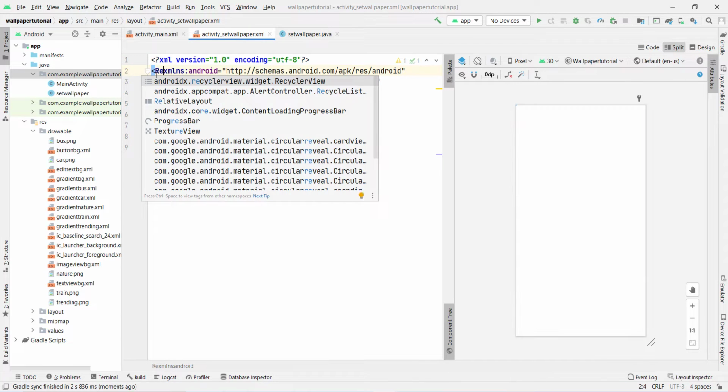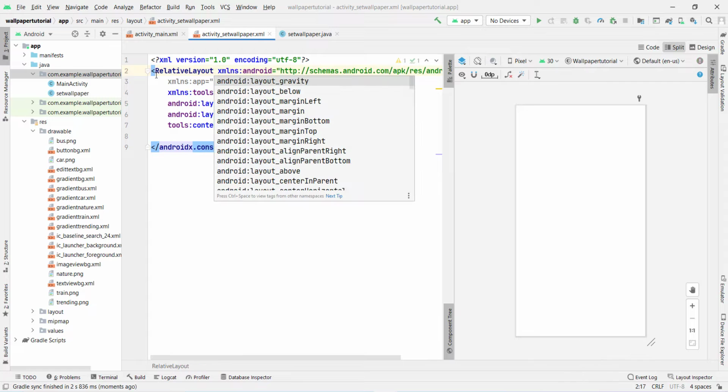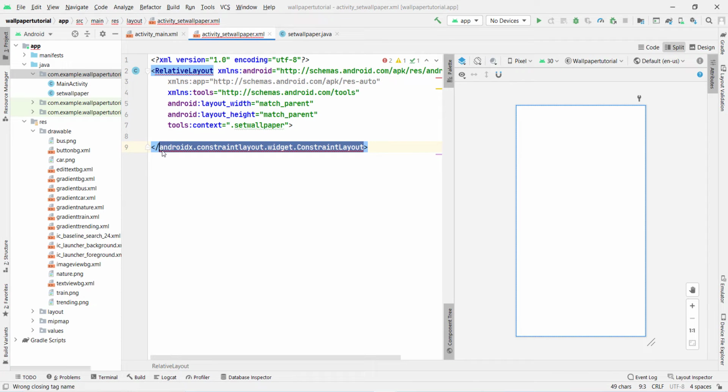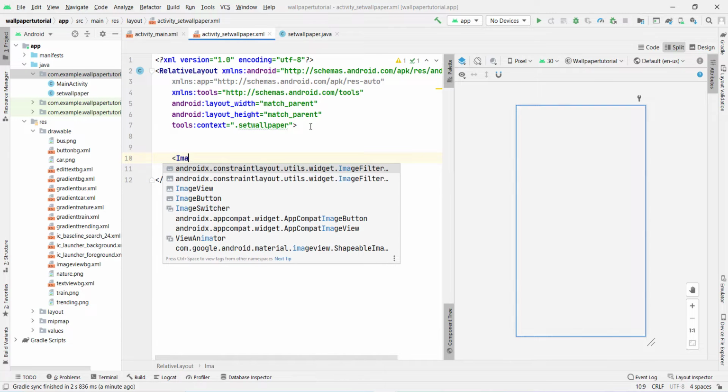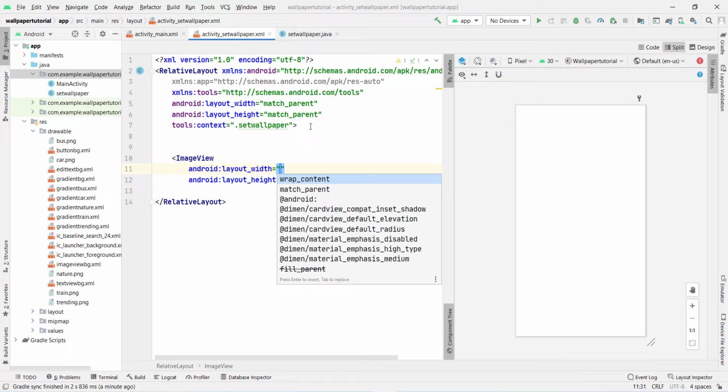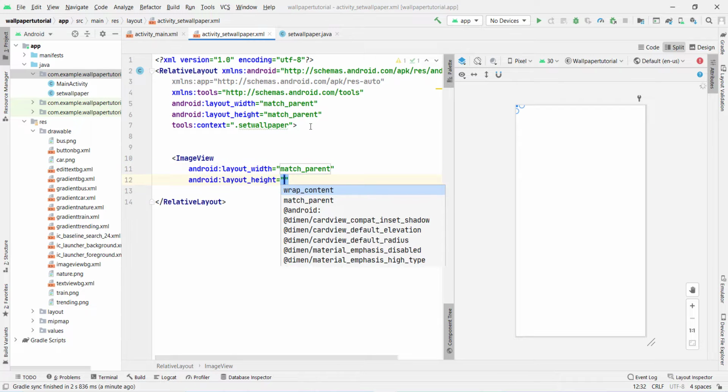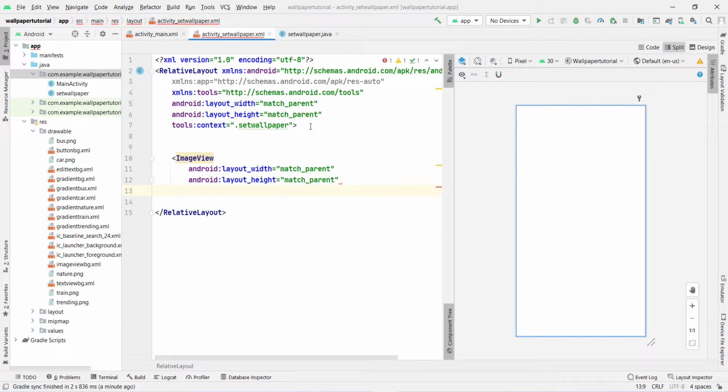So delete this constraint layout and type here relative layout. This is fine. Also change the constraint layout to relative layout here. So this is fine. Now press enter, and here we have to take an image view. Take an open bracket, type here image view. Then we have to show the image view on the entire screen, set the layout width and height match parent, center in parent pass true,